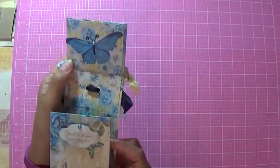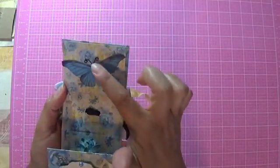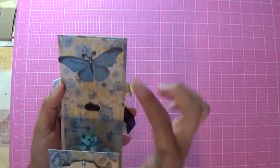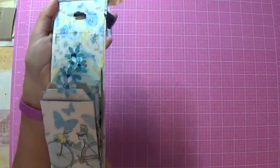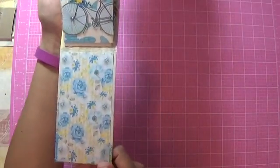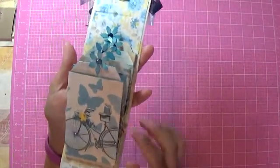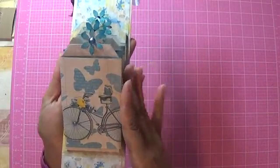Then you open it up, and I fussy cut out this butterfly, adhered a gem, and made my little antennas. And then it folds out like this. I'm going to go ahead and show you lengthwise. Okay. And then there are 6